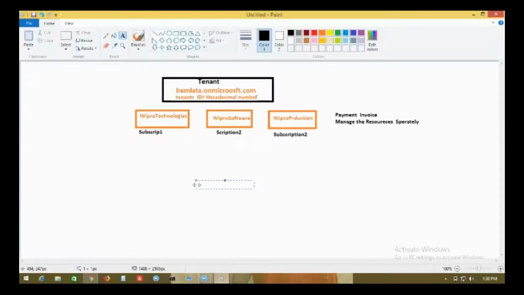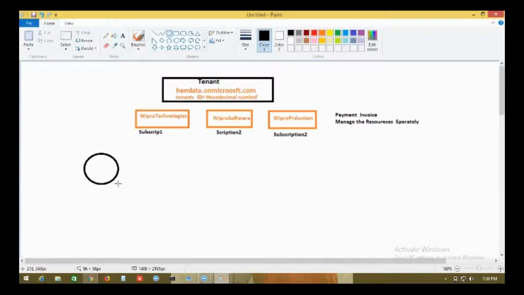Now within Wipro Technology, let's say it's a big team. For example, Wipro now wants all its Bangalore resources to be managed separately, all its Noida resources managed separately, and all its Hyderabad office resources managed separately.